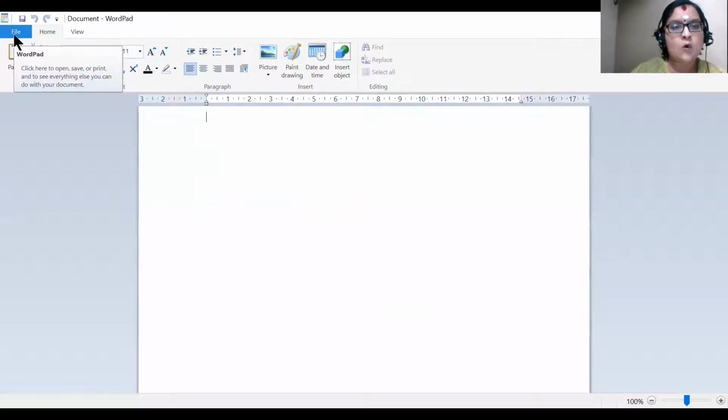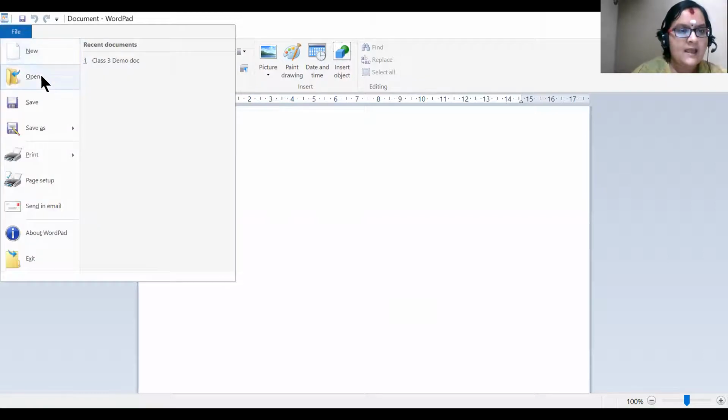As soon as you open WordPad, we need to go to File, and we need to click on Open. Okay, now can you see here, as soon as I click on File, you can see an Open option, and also sometimes you can view here the various recent documents which we have used in WordPad.